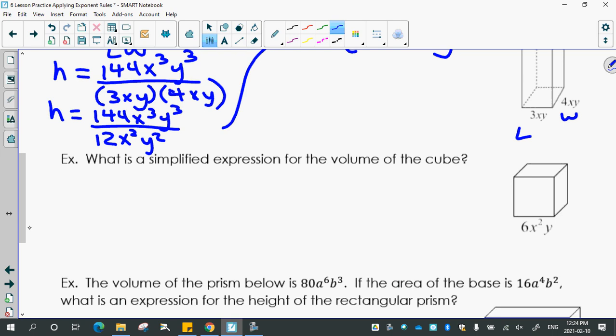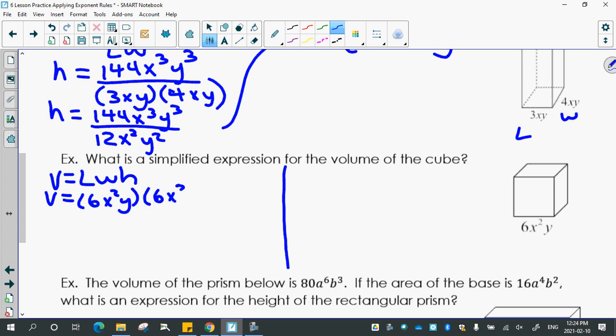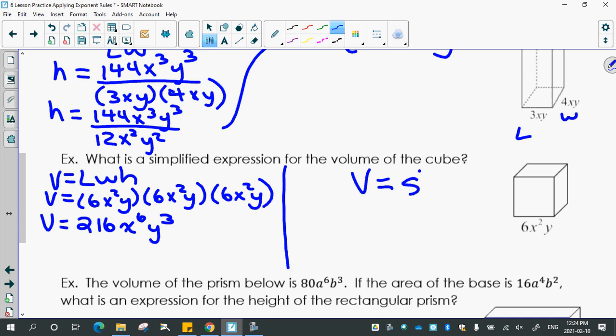Okay, we're almost at an exact even half and half split between the two ways of doing it. So half of you did length times width times height, which were all the same. So you substituted in a 6x squared y 3 times, and then multiplied. And if you did that, you should have got 216 x to the 6 y cubed. And then the other half of you used the formula that the volume of a cube is side cubed. And then the side was, in brackets, 6x squared y